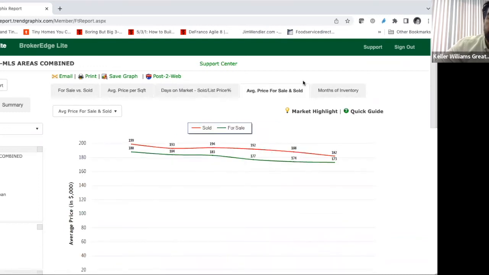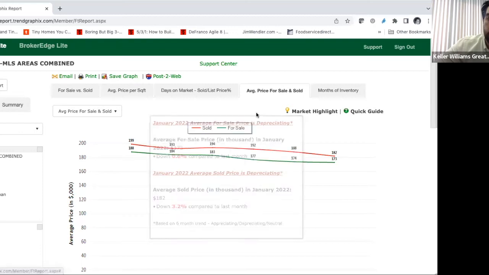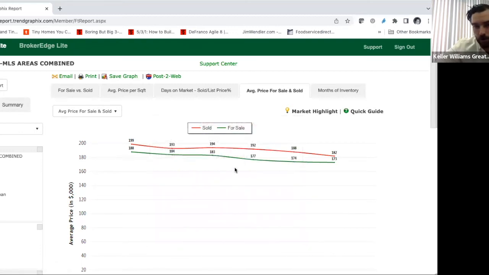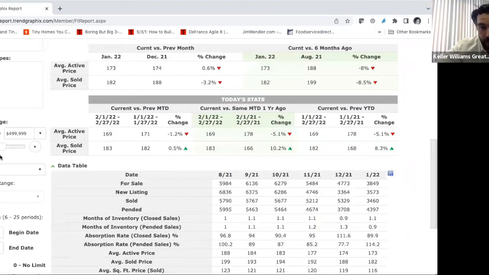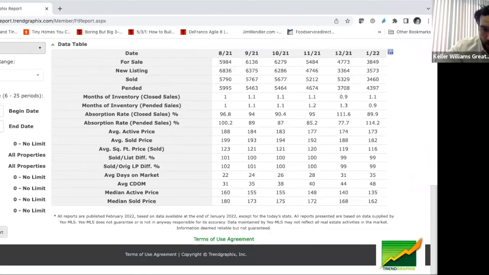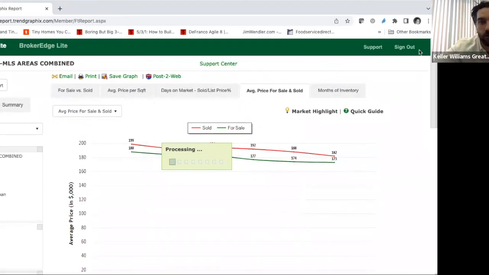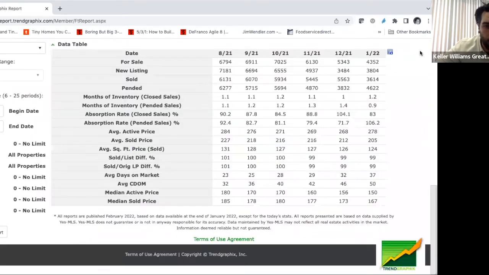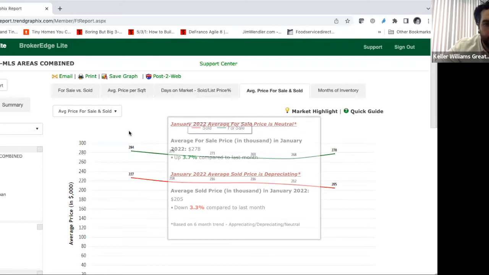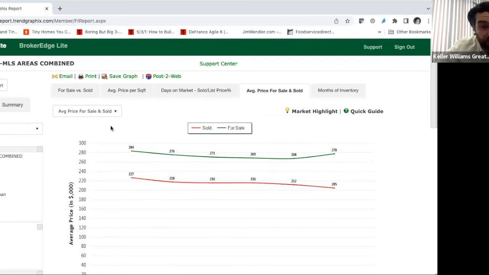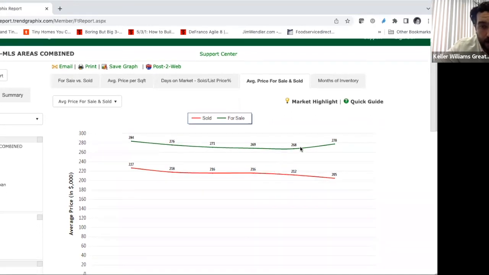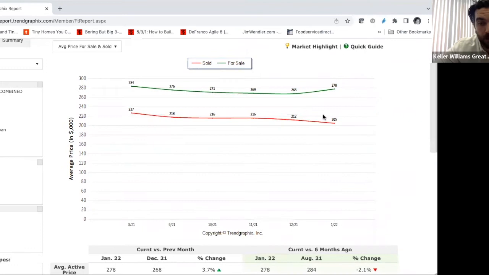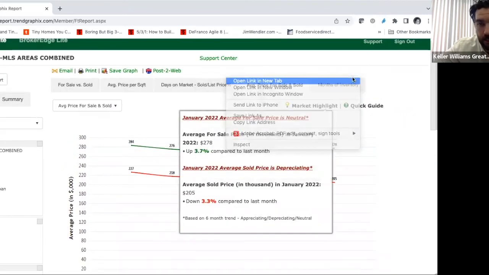And then this is the same information, but sold price and list price. And you can see what the trends are. Again, just over the last few months, what does that look like? Unless you're really, really wanting to be able to tell a story about the arc of a particular area, 6 months, 15 months are usually good to figure out what's going on here, right? So look at that. Our average sale price has gone up from a market standpoint here in the first month of the year. And then you can see,